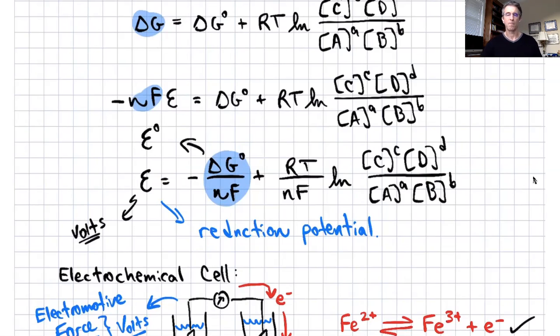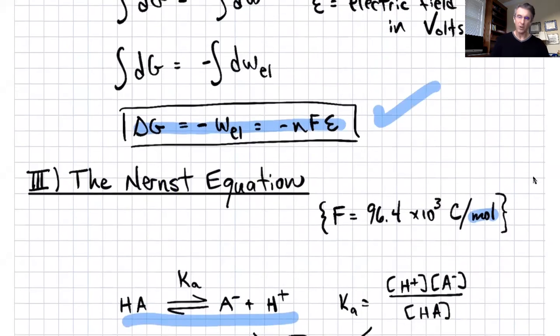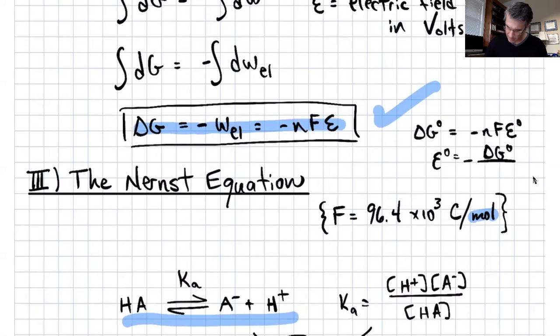They're equivalent, right? The standard state free energy divided by NF is going to be equal to the standard reduction potential, for the same reason that we look up here. So delta G naught is simply equal to minus NF E naught. That's good, because that means the standard reduction potential is just equal to